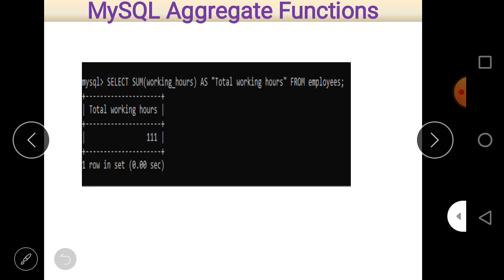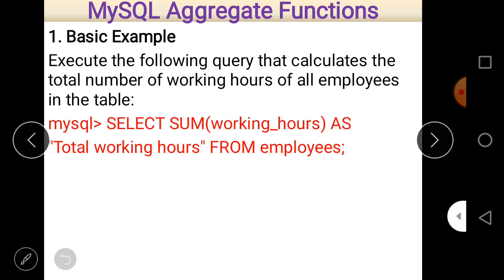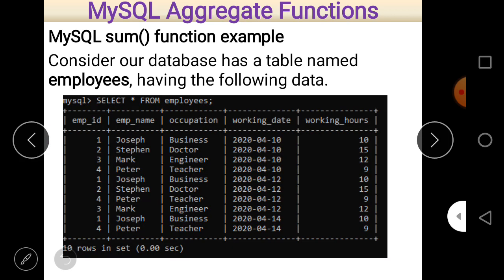As you can see, first of all we have total working hours as a column name. And why is it a column name here? Because we used as total working hours, and then from employee, obviously a table name, and here we calculate the sum of working hours. So whatever the working hours are, we can calculate their sum using the sum function.